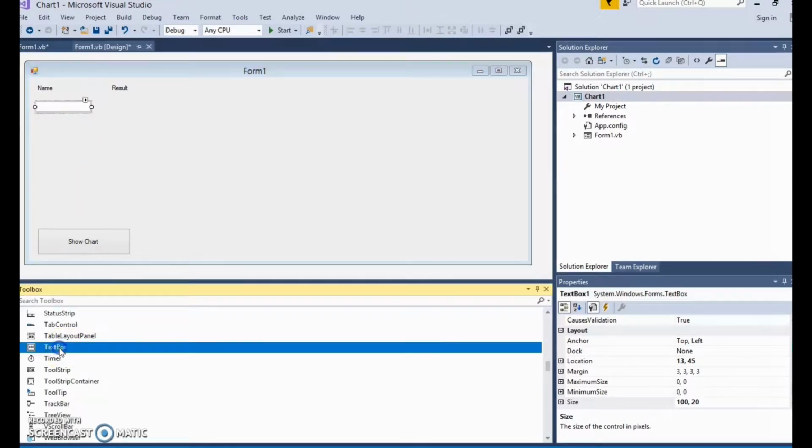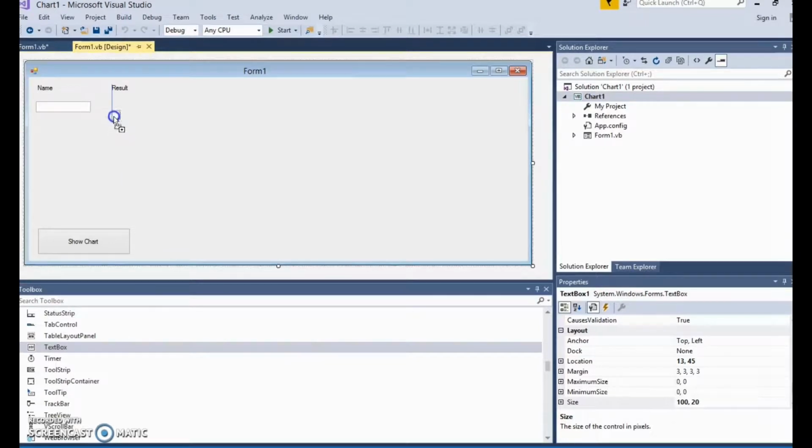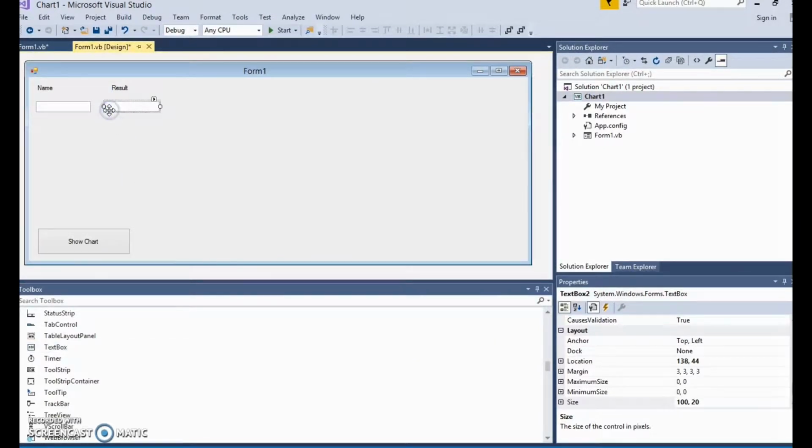Now I need another text box for the results, so I will put that one in line a little bit to this side. And because it's only a simple result, not really a long number, only out of 100, this should meet the requirement of the number that I want to put here. Before we move on, we need to come back to the first box that we set up,